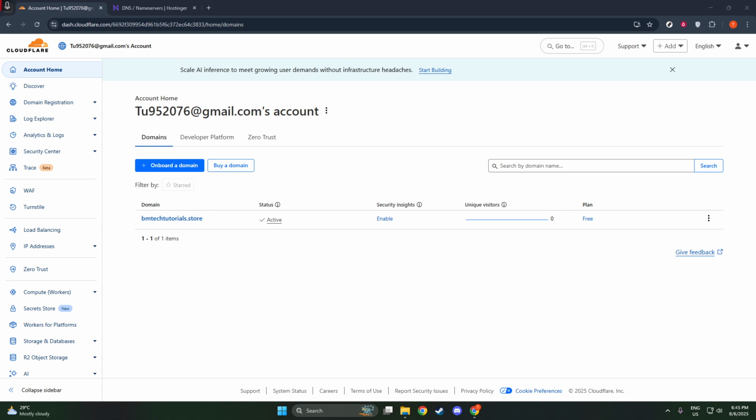First, let's begin by logging into your Cloudflare account. Make sure you have your credentials on hand to avoid any delays. Once you're signed in, you'll land on the Cloudflare dashboard, your control center for managing site performance and security. It's a great idea to familiarize yourself with this dashboard since it provides access to a wide range of tools